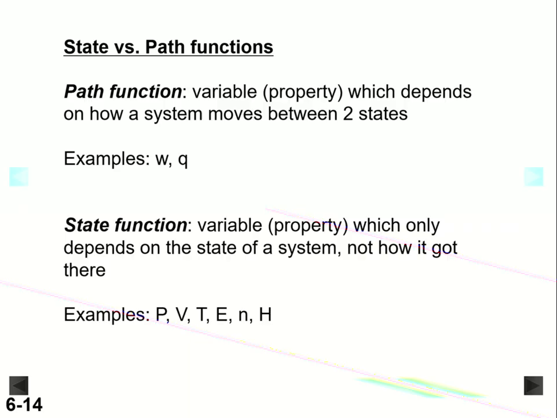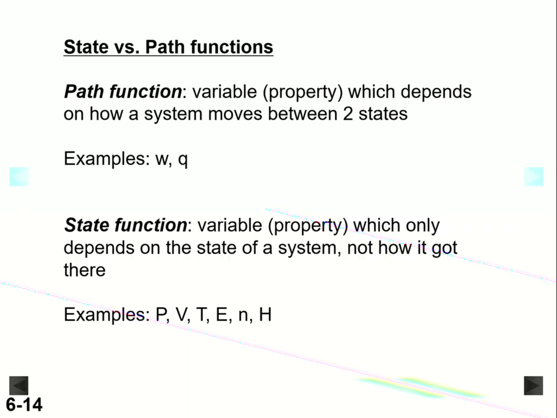So, for example, the pressure of a system. That's a measurable, and it's simply a property of a system under a given set of conditions. It doesn't matter how it got there, the pressure will still be the same. If you measure the pressure, that's the correct value. Pressure, volume, temperature, internal energy, number of moles, those are all state functions. They are properties of a system under a given set of conditions at a given state. And we'll see later on H, which we haven't defined yet, which is enthalpy, is also a state function.